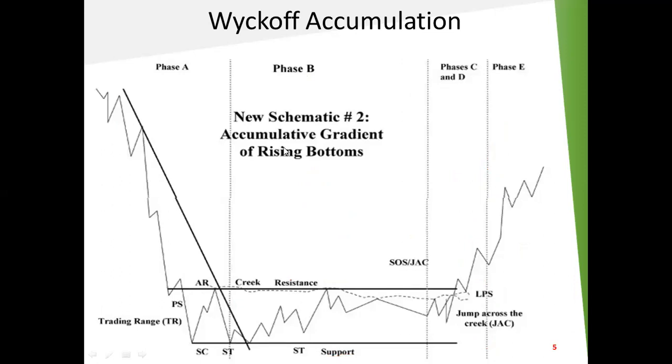This is the second example, some kind of a new schematic with a rising bottom. Things are the same: preliminary buying, then selling climax, automatic rally. This makes phase A. Then resistance, support, testing. Here it is considered as testing, but there is no spring to identify phase C and phase D. But here they have used the creek analogy,